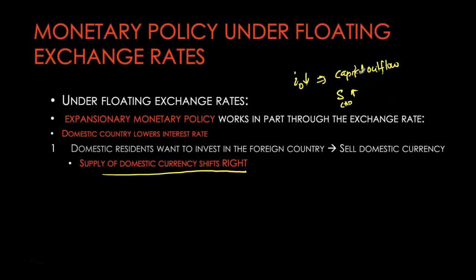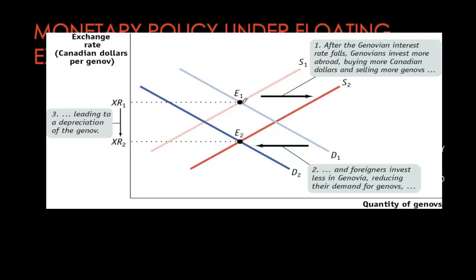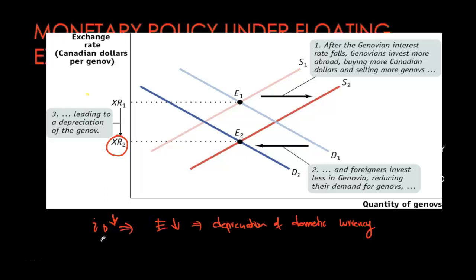This capital outflow also means a change in the behavior of foreigners. So as foreigners are now buying less of our assets, demand for our assets is going down, and therefore the demand curve for the Canadian dollar is going to decrease. So as supply is increasing because we are selling more Canadian dollars, demand simultaneously is decreasing. So demand curve is shifting to the left, supply curve is shifting to the right. As the two curves adjust, we see that the value of the Canadian dollar is going down. And with the lower price, we can say that the domestic currency has depreciated. So expansionary monetary policy, which lowered the domestic interest rates relative to the foreign interest rates, have led to depreciation